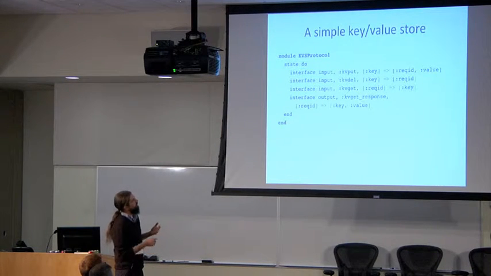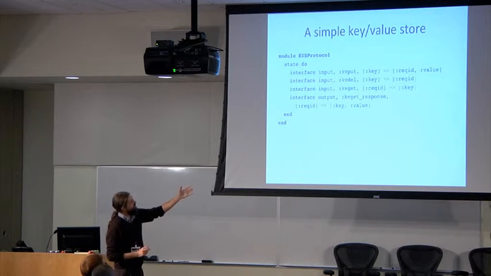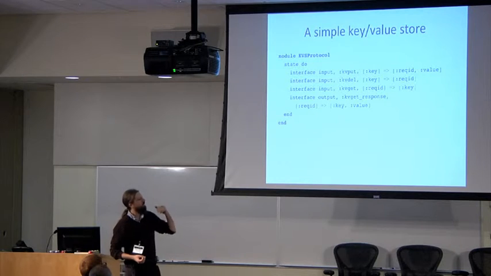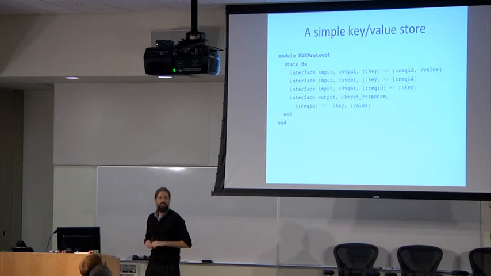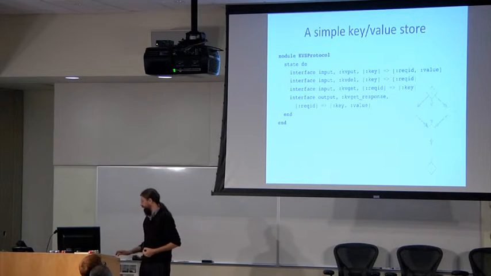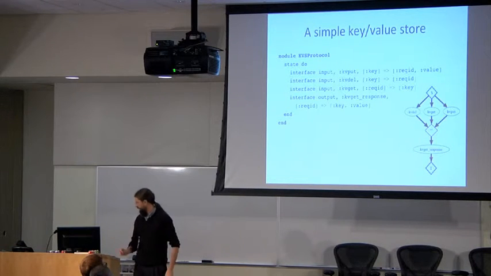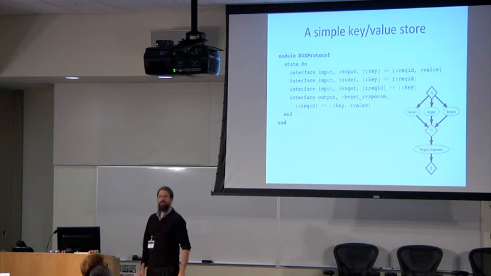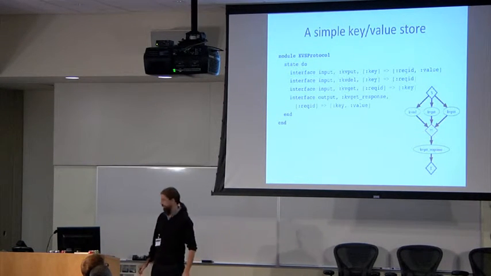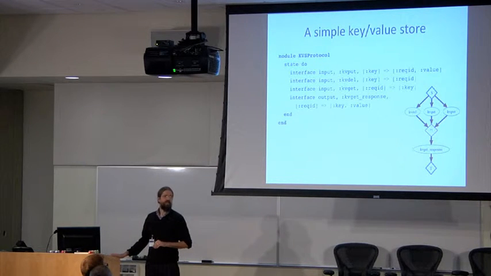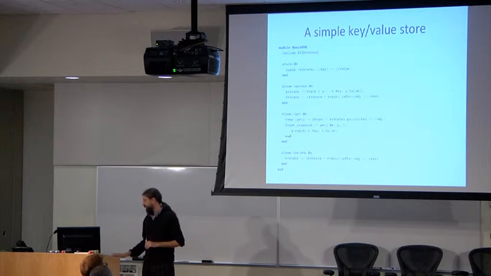And with puts, you associate keys with values. And when you do a get, presumably you get a response, right? So you do a get for a particular key, you get that key and its value back. That's the externally visible interface of a key value store. And the picture that the interpreter draws is the picture that you would expect. There are 3 ways in, there's 1 way out. And please specify an implementation of the key value store, which we do here.